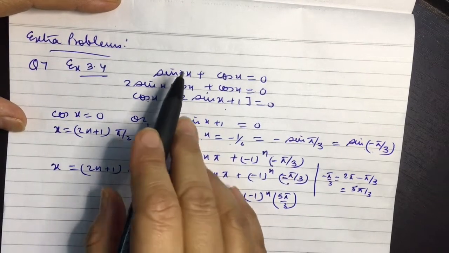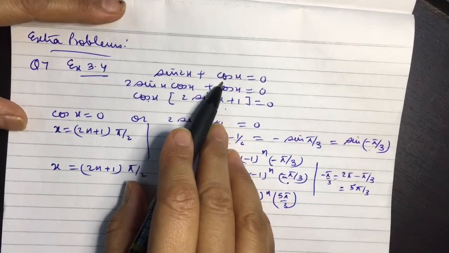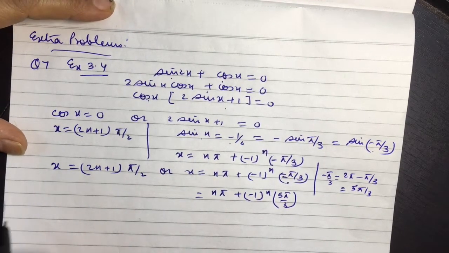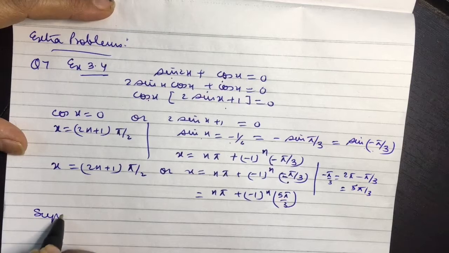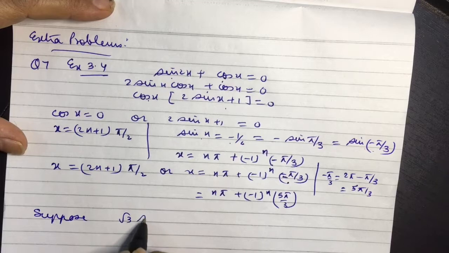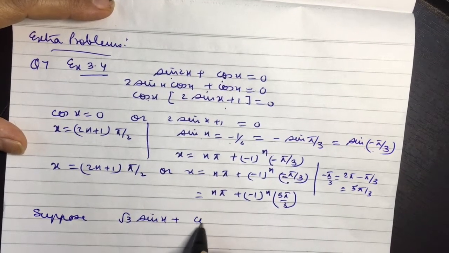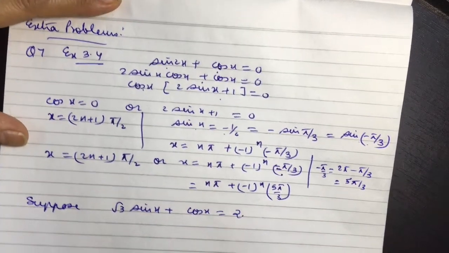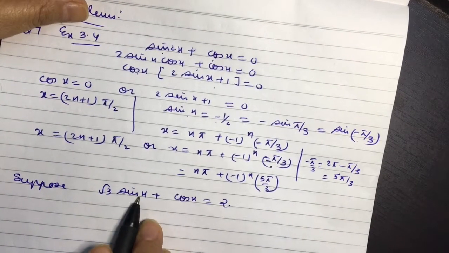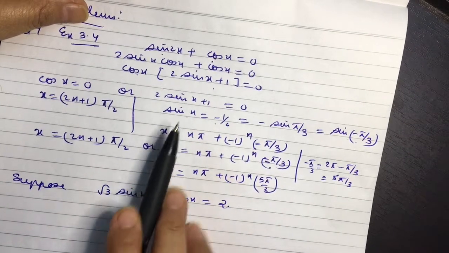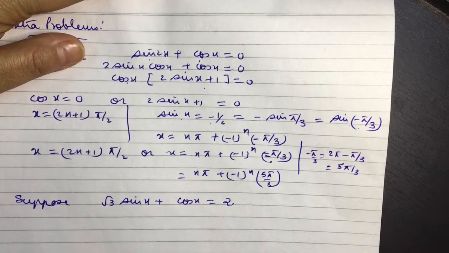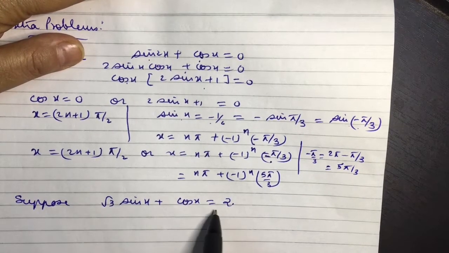Okay, now here we have seen that it is one sine and one cos function, but it could be simplified further. But suppose not. Now suppose the question is, let me say, root 3 sin x plus cos x equal to 2. Suppose the question is something like this. Now I can't even open it so that it becomes something which can be taken common. So one way of doing it is, these are some typical questions.